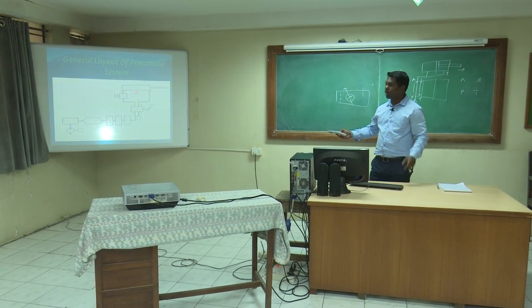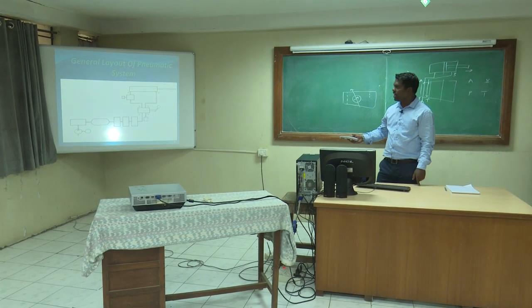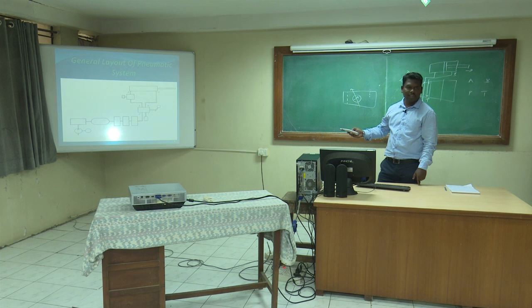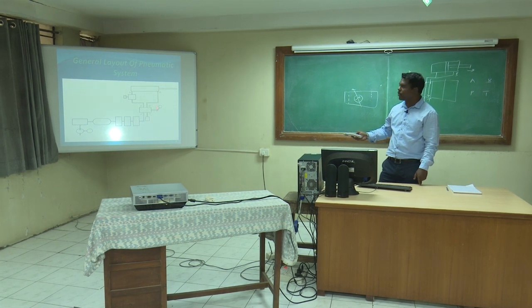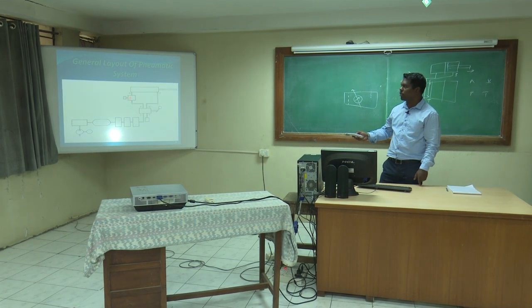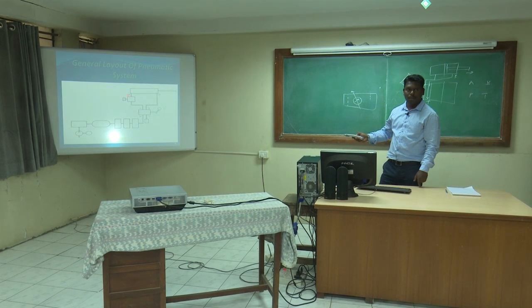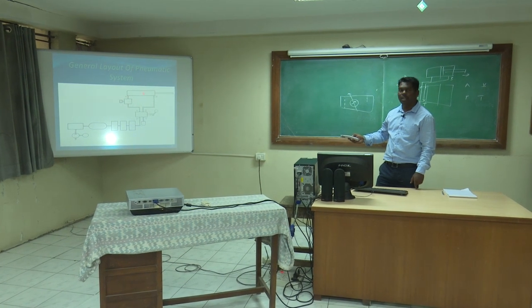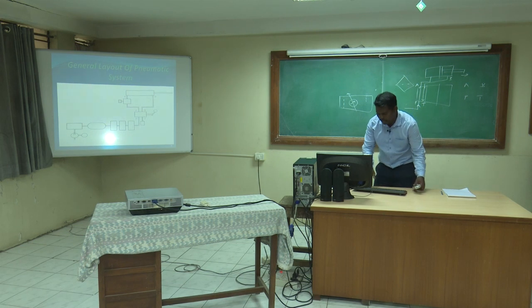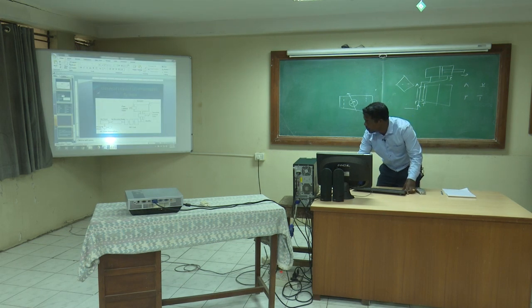Then this one? It is the direction control valve. Here again we can see the 4 ports. P means pump port, A means extension port, B means retraction port, T means tank port. This one is flow control valve and this one is the actuator. So this is a, now tell me